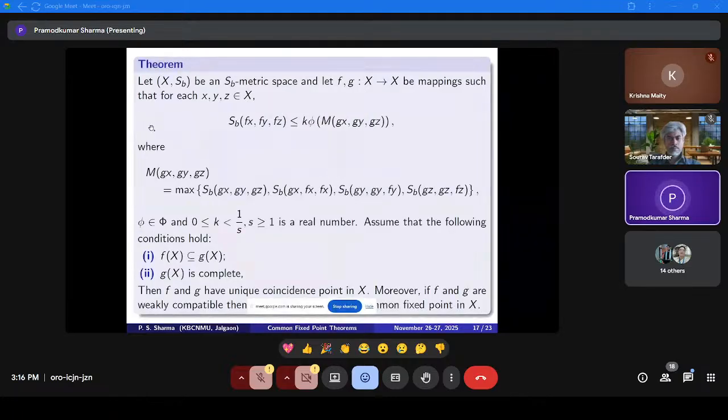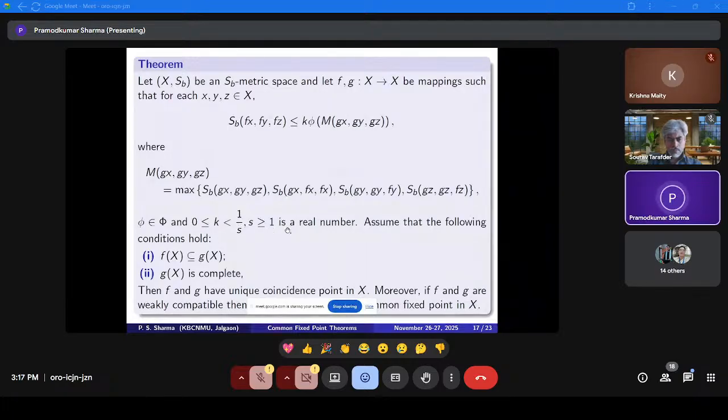This is the next theorem. Let (X, Sb) be an Sb metric space, and f, g, h self mappings satisfying this contractive condition, where phi is a phi map: Sb(fx, fy, fz) is less than or equal to k times phi of M(gx, gy, gz), where M(gx, gy, gz) is the maximum of Sb(gx, gy, gz), Sb(gx, fx, fx), Sb(gy, gy, fy), Sb(gz, fz), and phi is a phi map and k is restricted to 0 to 1